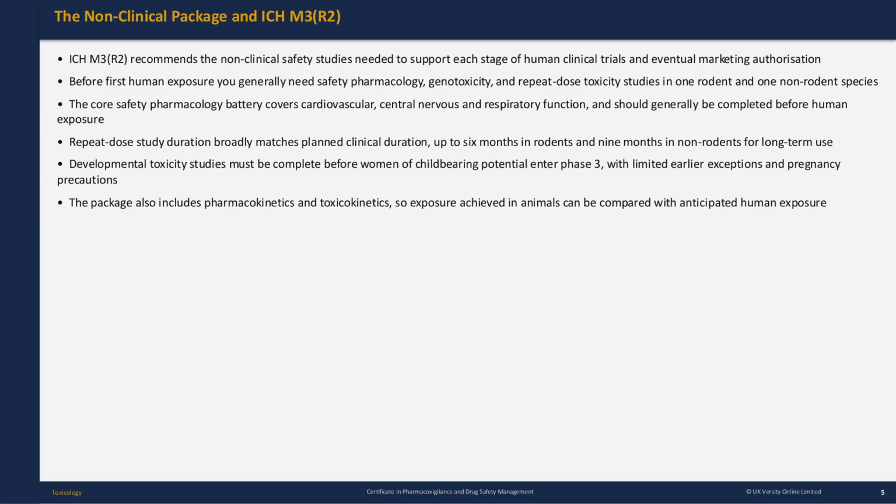The non-clinical package and ICH M3R2. ICH M3R2 recommends the non-clinical safety studies needed to support each stage of human clinical trials and eventual marketing authorization. Before first human exposure, you generally need safety pharmacology, genotoxicity, and repeat dose toxicity studies in one rodent and one